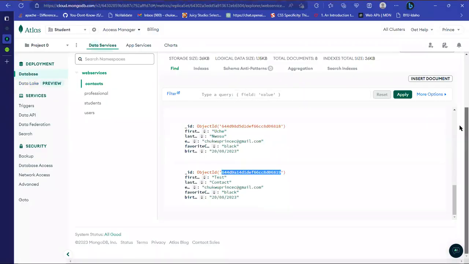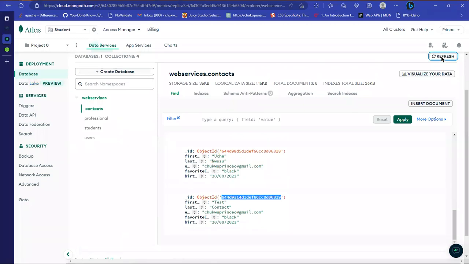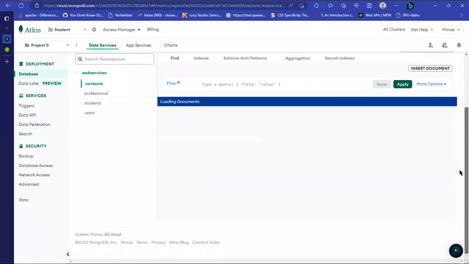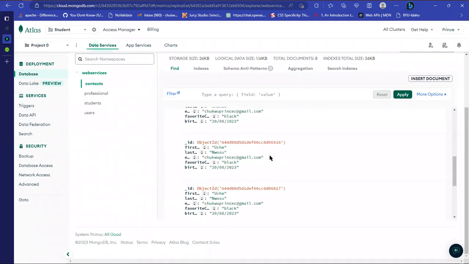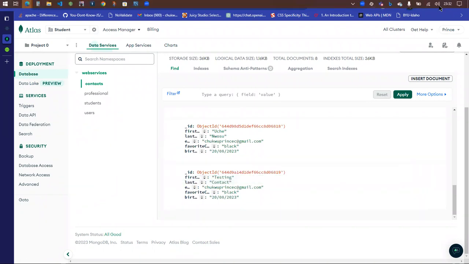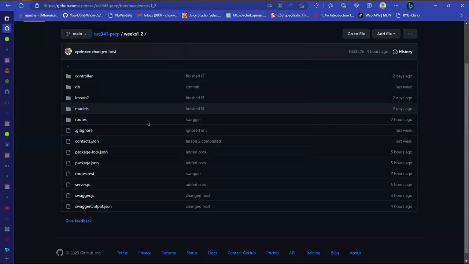I'm going to refresh to show the results in the database. Okay, so you can see this is now testing instead of tests. All right, let's